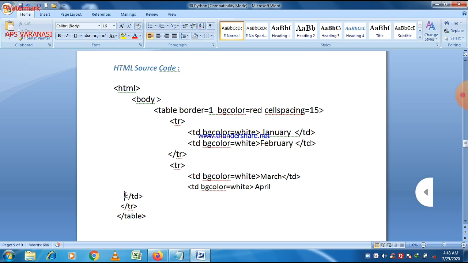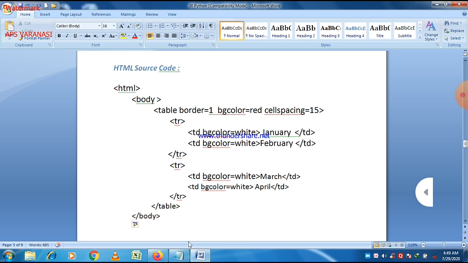And now you can see that it is a proper representation of an HTML program, in which we can easily see that HTML is the root tag, after that the body tag is there, then the table tag comes under the body tag, and after that the tr tag is a part of the table tag, and the td tag is a part of the tr tag.